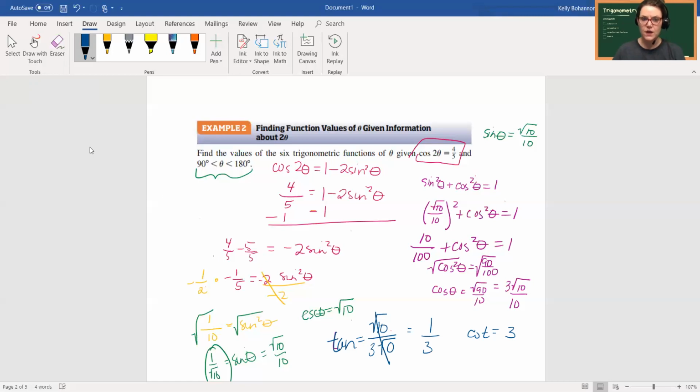So these two right here are positive, but tangent is negative, cotangent is negative, cosine is negative, and secant would also be negative. And that is